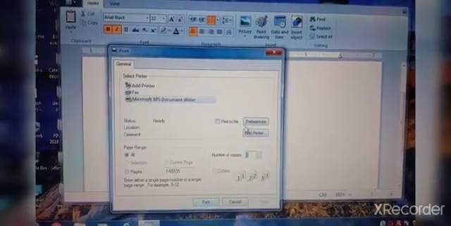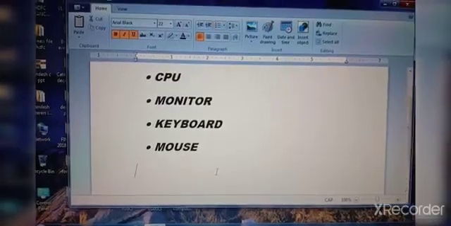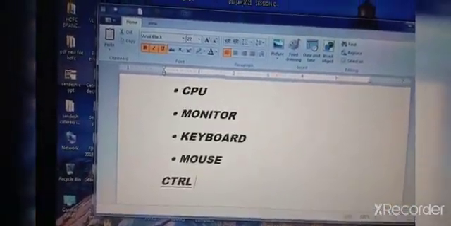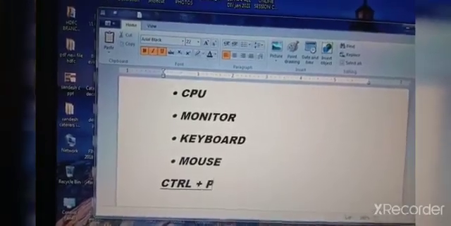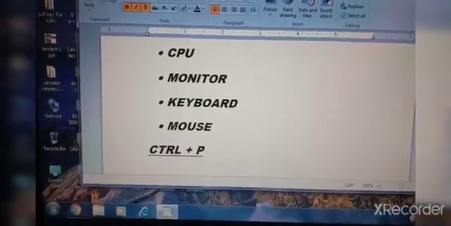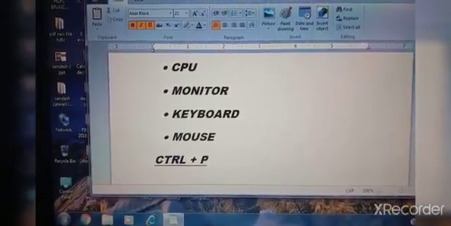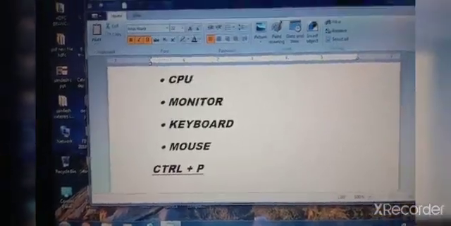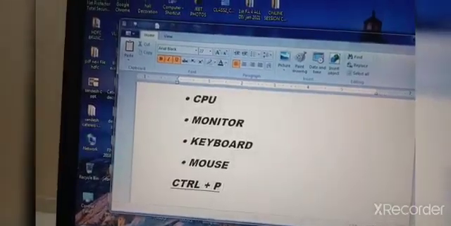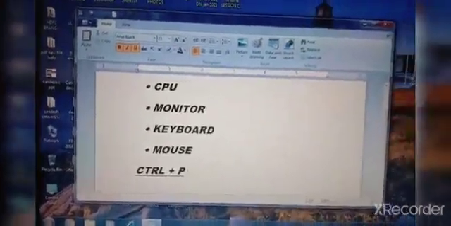Understood, children, how to take a printout? The shortcut key for print is Ctrl plus P. Ctrl plus P for the print command. Understood, children? Now print preview also we have seen. So this lesson is also over. Okay, children?